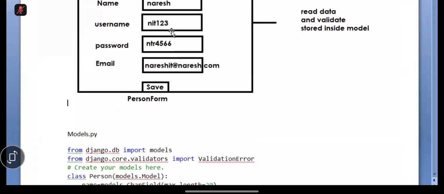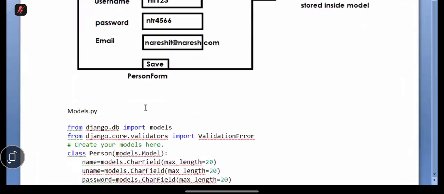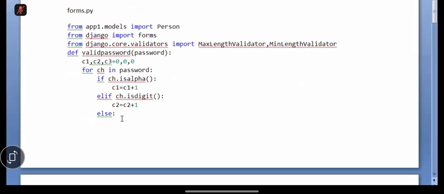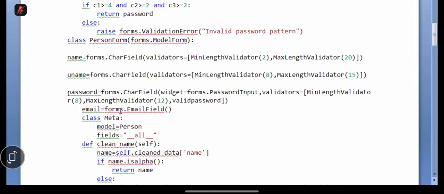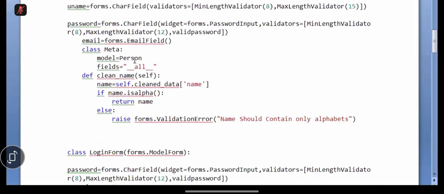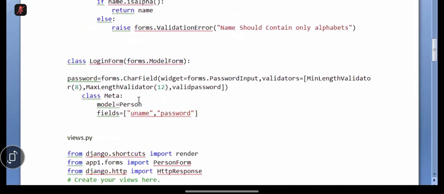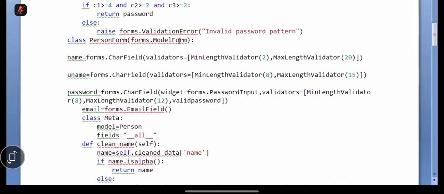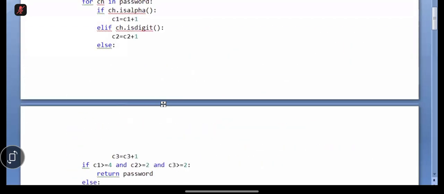See here. This is a person form. Person form is which form? Model form. And here we have done some validations or not? Yes. So it means you are writing this much code. This is the login form. This is the person form. Person form is which form? Model form. And if you want to input data,